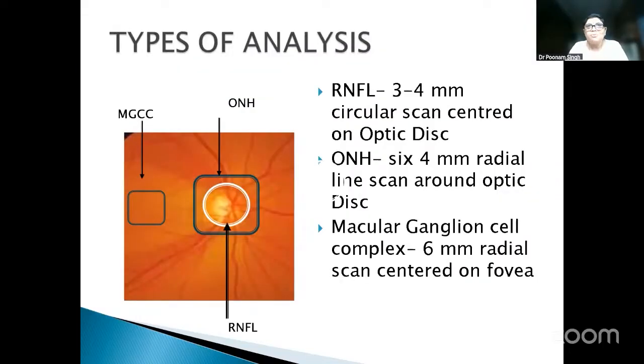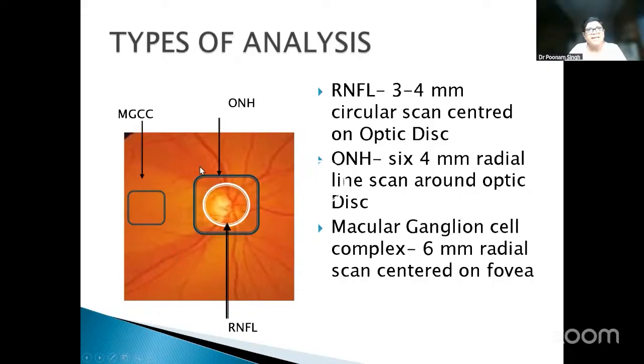Now coming to the types of analysis. Basically, we have to concentrate on the areas where we see the glaucomatous changes maximum. One is the RNFL, one is the optic nerve head changes, and the other is the macular ganglion cell complex. When we talk about RNFL, you can appreciate here